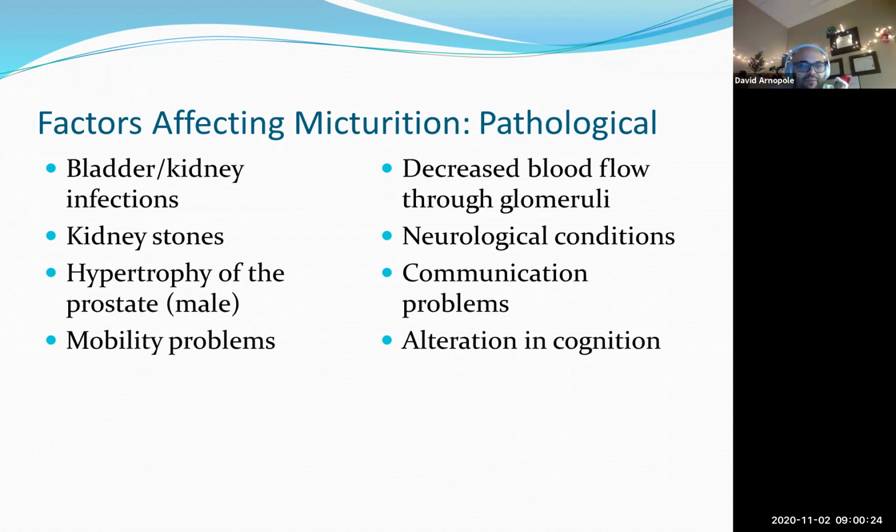With the hypertrophy of the male, we're dealing with everything working, like I was saying, but when we get to go out the actual urethra, there's an inflammation, there's a blockage in the way, making it where we can't do anything. Mobility problems. Again, maybe they can't actually get to the bathroom. And now they have an issue getting there, and they just urinate on themselves. And then they have issues like skin breakdown. Decreased blood flow through glomeruli. Again, infections, stones, scar tissue, age,